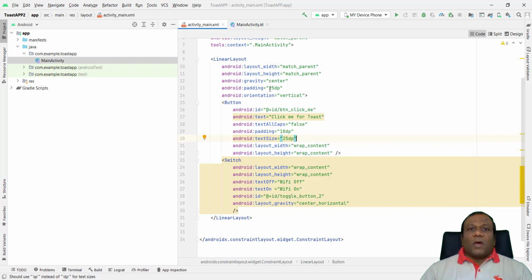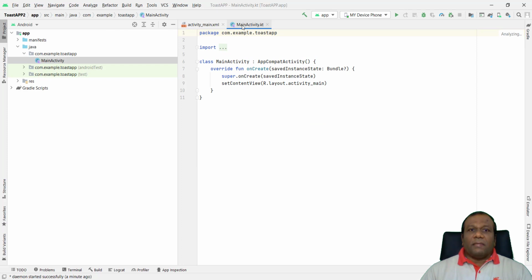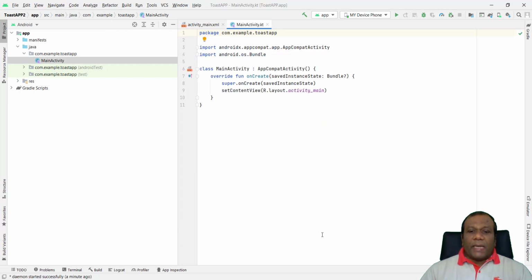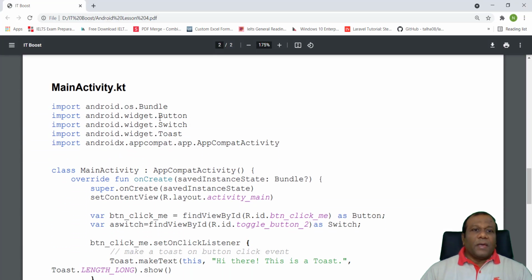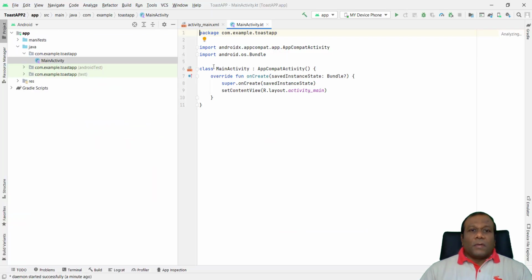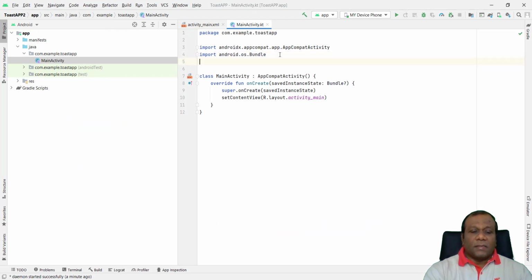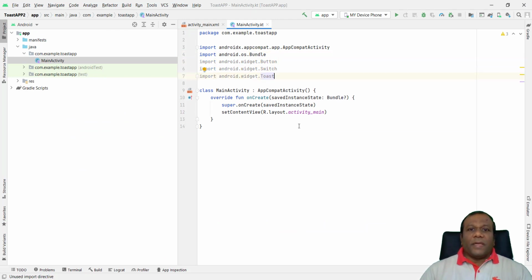Now we'll go to our main activity Kotlin. So we have to import the packages: the Button class, Switch class, and the Toast class. So I will import those classes, all three.